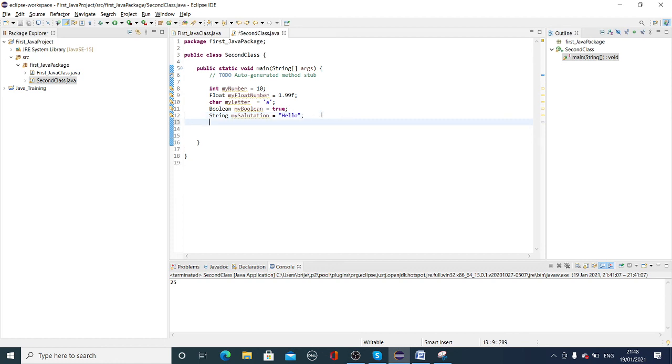So what I will do, sysout control space my number, sysout control space my float number. So if you declare something, you have to use it.